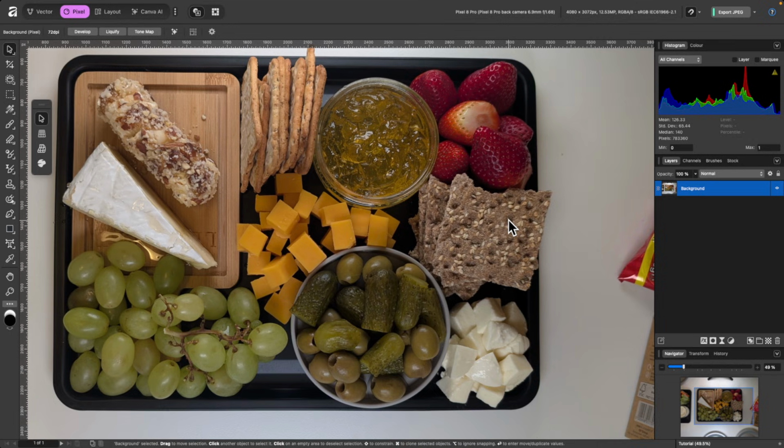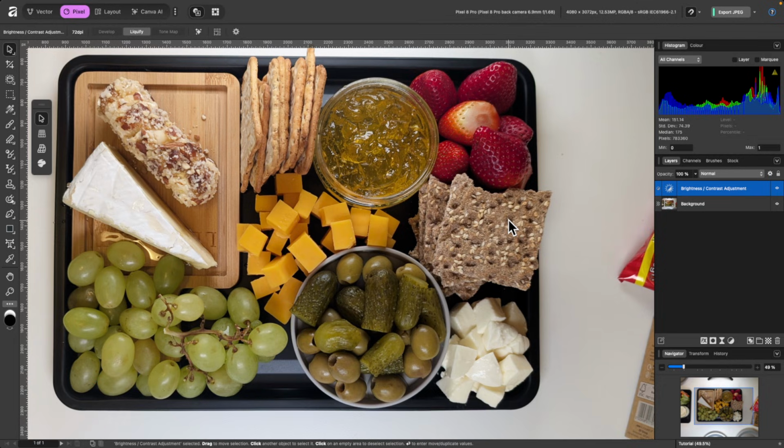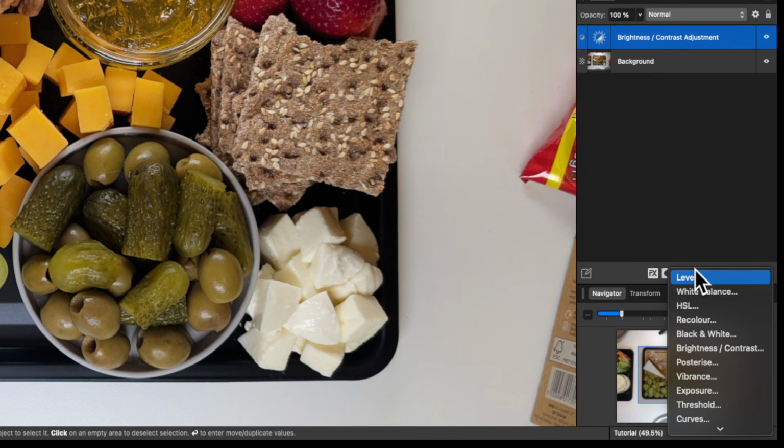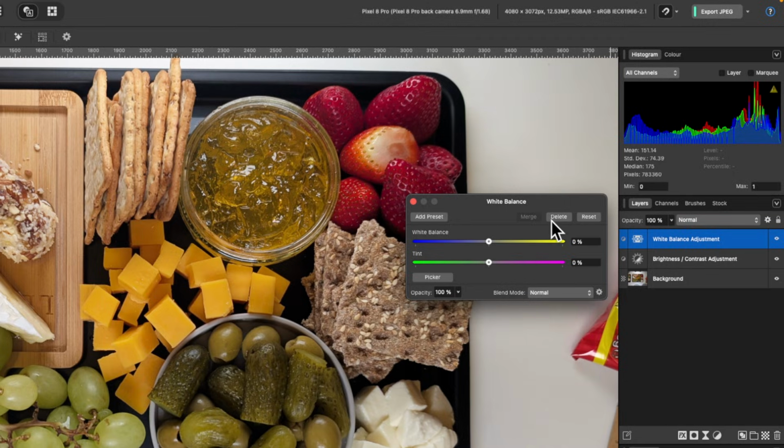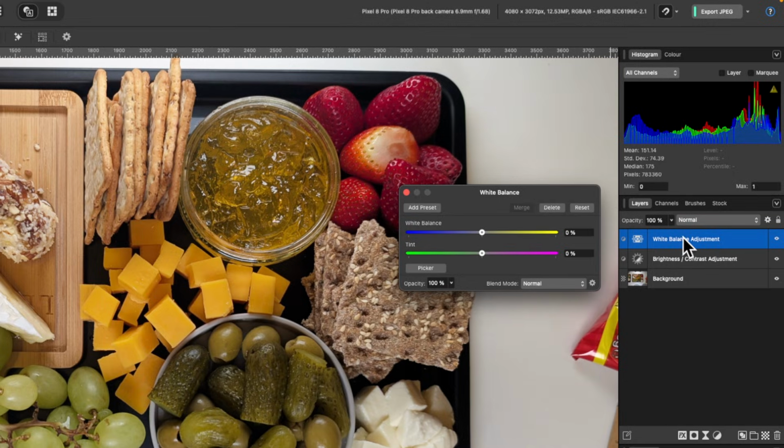If you feel like you've made a mistake and you want to go back one step or undo, just press Command Z or Control Z on a Windows computer. So this is really cool. It's non-destructive. You can make as many adjustments as you want and it won't ruin the original image. Okay, let's apply a couple more. So I'll go back down to Adjustments, and I'll go to white balance. And again, we have another box here and we have another layer. So in fact, maybe I'll just make that a little bit cooler.